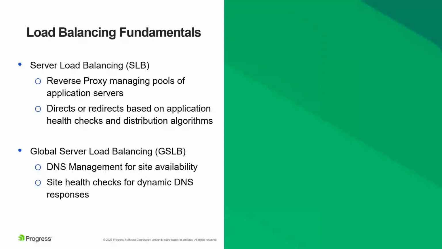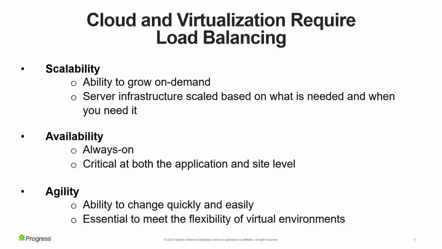GSLB intelligently forwards users to a particular site that will provide the very best application experience, such as lower latency because of being forwarded to the closest application environment to their actual specific location. It's basically supercharged intelligent DNS. Now, when IT teams need to host applications in public cloud environments, those IT teams need to leverage load balancing